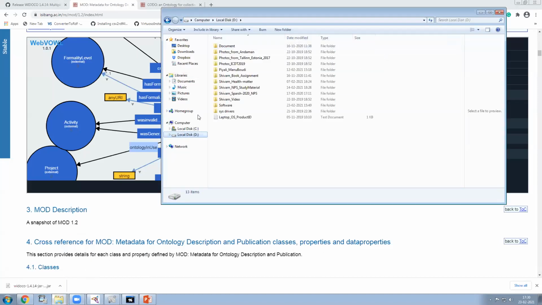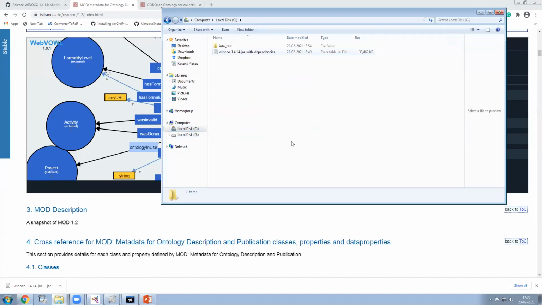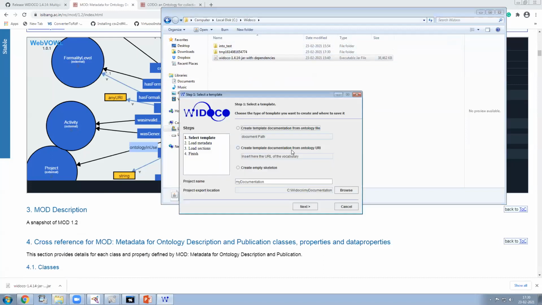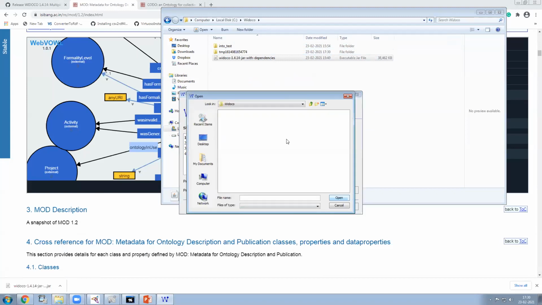I have this in my C drive. This is my jar file here. I also do the same steps, I follow that, and I pick up my ontology.